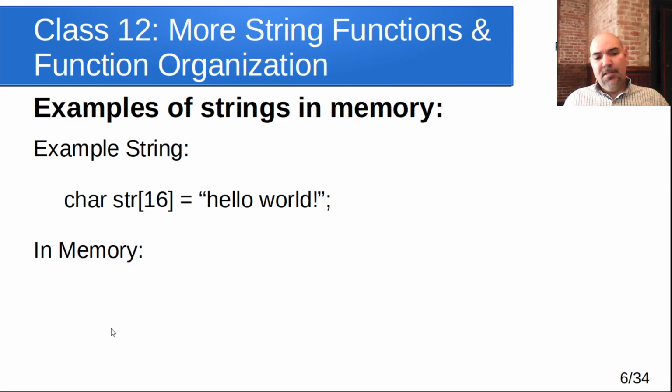And this one is, now we're initializing that array of 16 characters, and I'm putting the string hello world in there. But notice that this has 16 spaces reserved, but if we count the number of characters here, H, E, L, L, O, that's 5, spaces 6, 7, 8, 9, 10, 11, 12. So there's 12 there, plus the null character that's automatically added to the end, the ASCII character 0 added to the end, that's 13. So we're going to have several bytes at the end, 3 bytes at the end, that